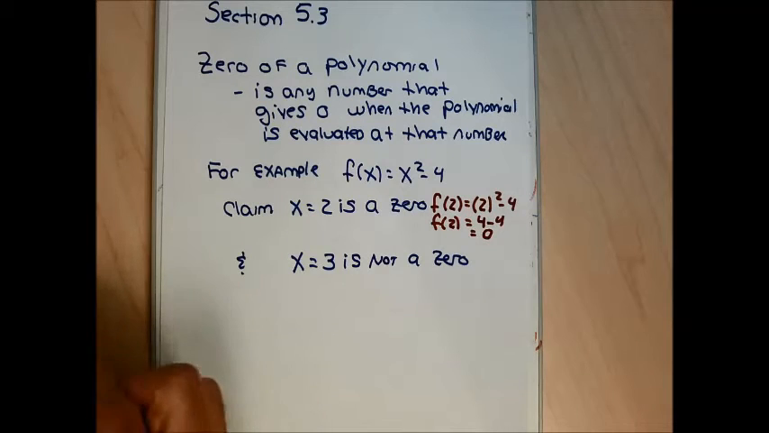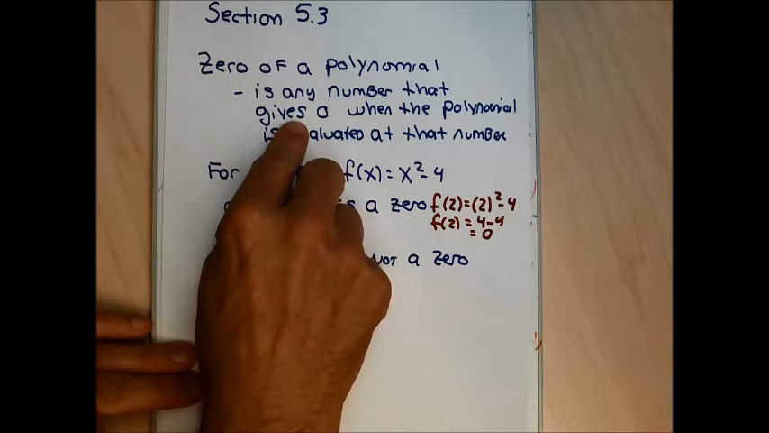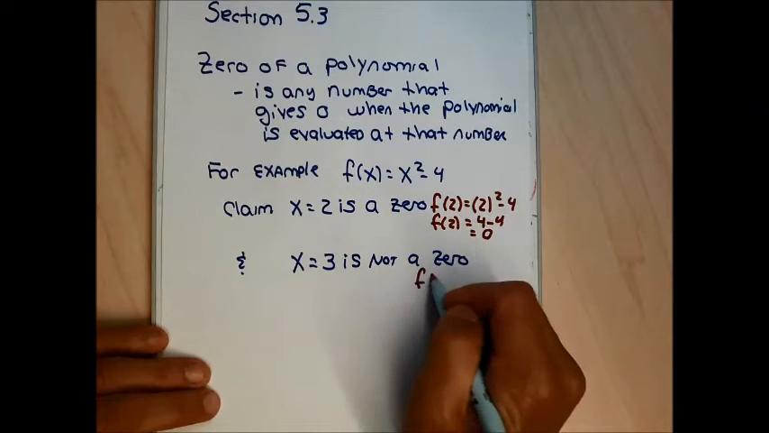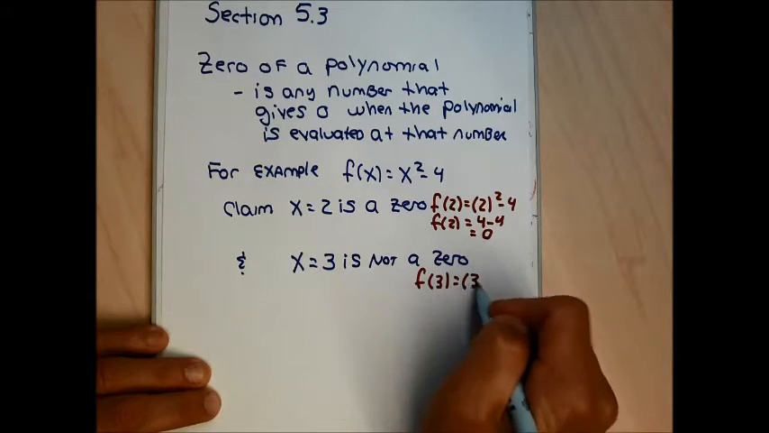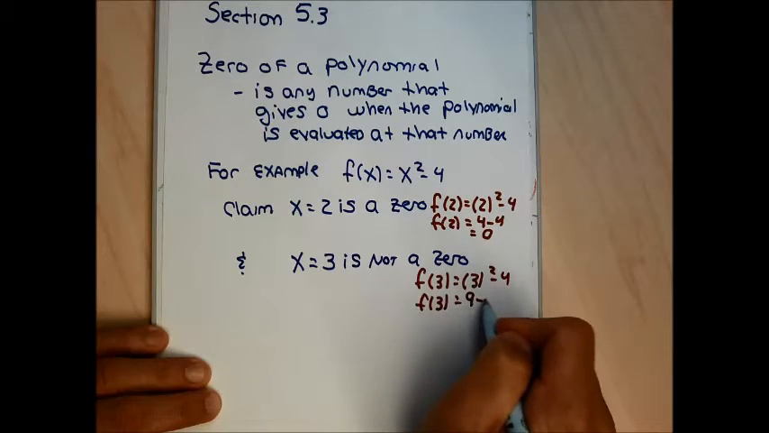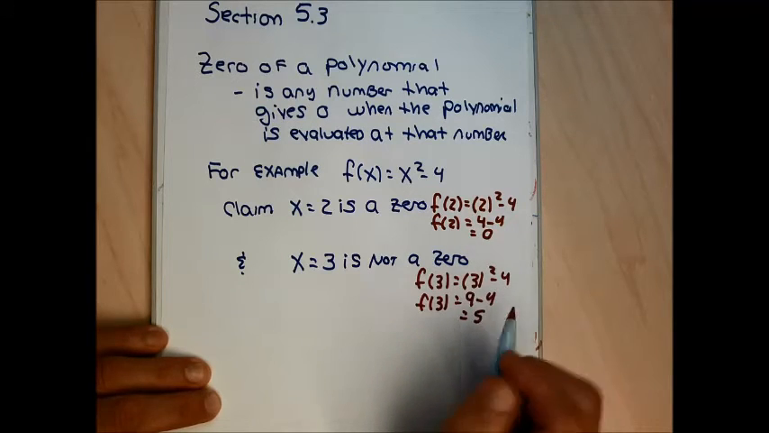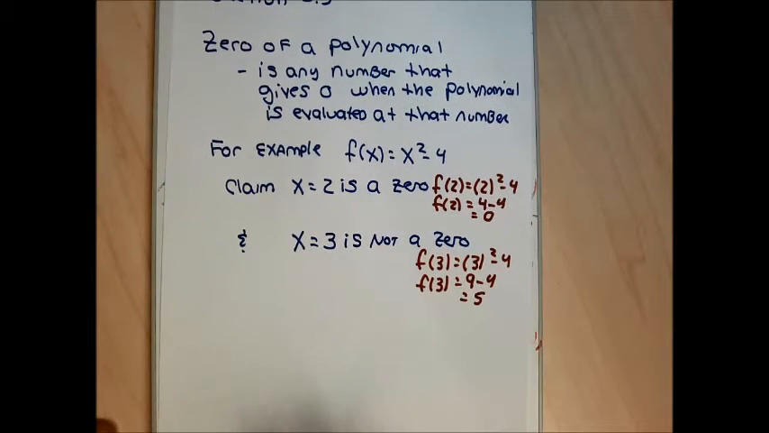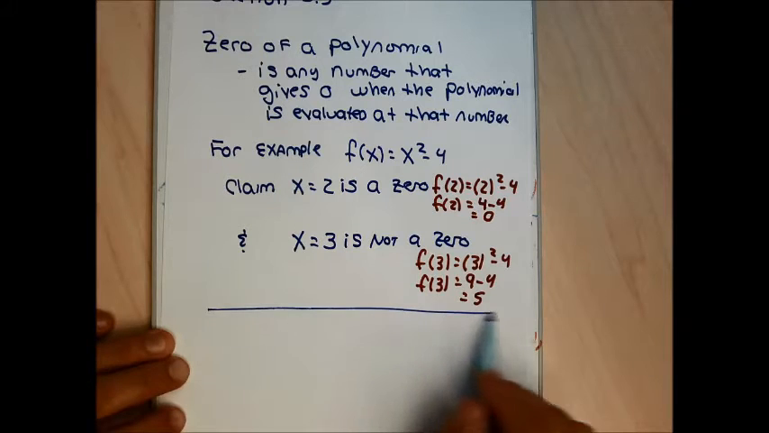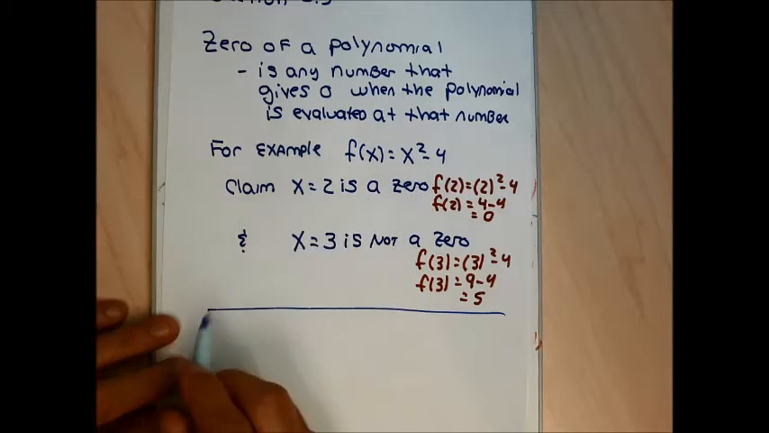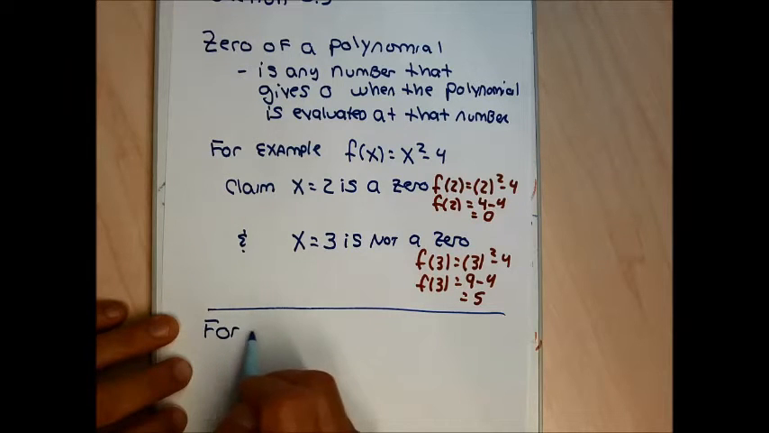So 2 is a zero because when I plug it in, I get 0 when the polynomial is evaluated at 2. 3 is not a zero because if I do f of 3, I get 3 squared minus 4, which is 9 minus 4, which is 5. So a zero is any number when you evaluate the function at that number that gives you 0. Zeros don't have to be real numbers. This zero of x equal 2 is a real number, but if I made up a new function,